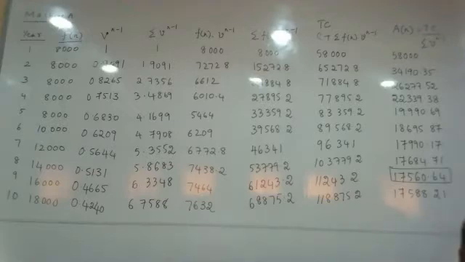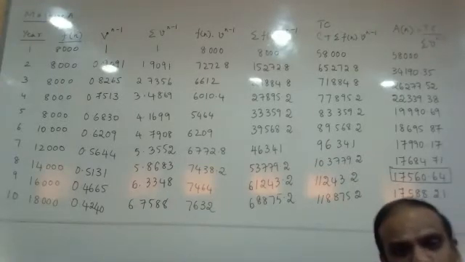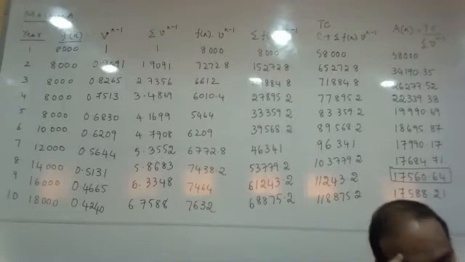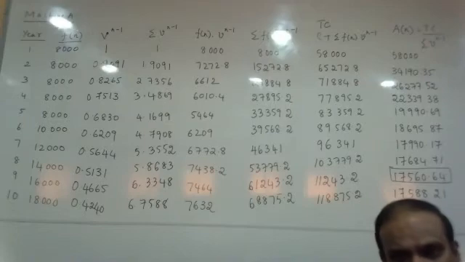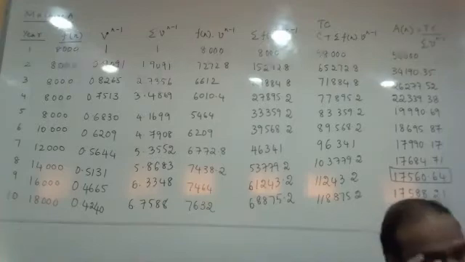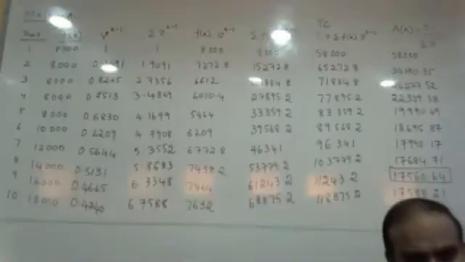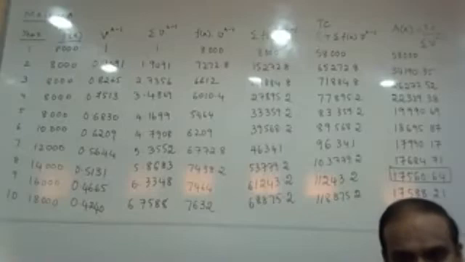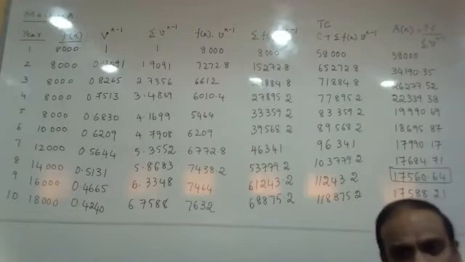Now you can ask me a question: why do companies distinguish between the individual and group replacement policy, or what benefit do they gain? See, generally, whenever you go for an individual replacement policy, the cost of replacement is always higher because you are buying the component in small quantities. If one bulb burns out, I go to the shop, buy one and come back, then obviously the cost per bulb is always more. But if I'm buying the entire 1 lakh bulbs together, then definitely the unit price of the bulb will come down because I'm buying in a large quantity.